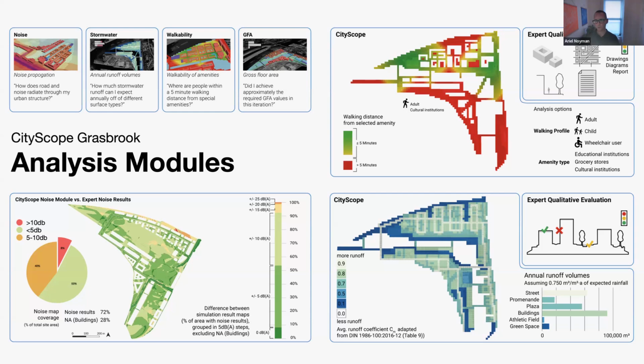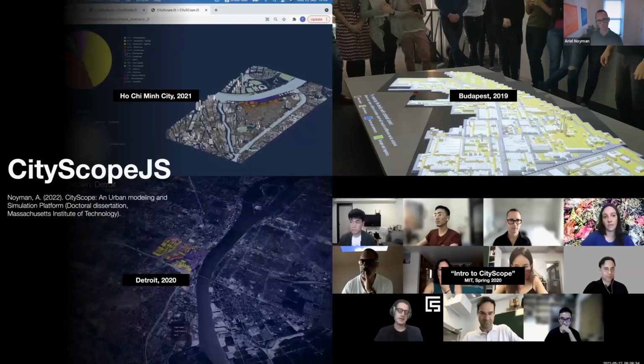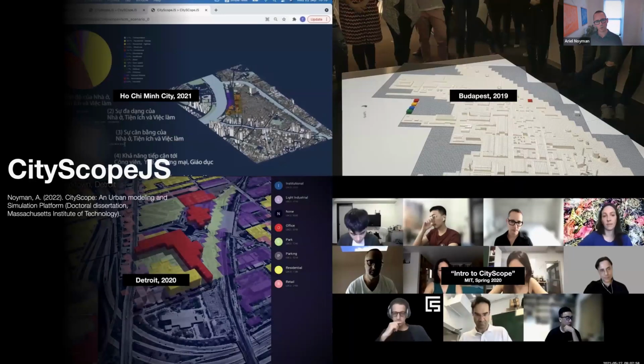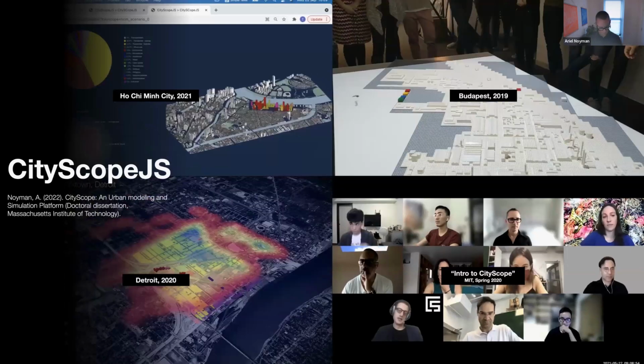That motivated us to extend our platform, build it as an open-ended and open source tool, and then allow different teams and organizations around the world to inherit that tool and build it for their own purposes. Some examples that we show here. And that was actually in a sweet spot during COVID when we couldn't physically build those CityScopes. So that was a good moment for us to explore an online and distributed system.